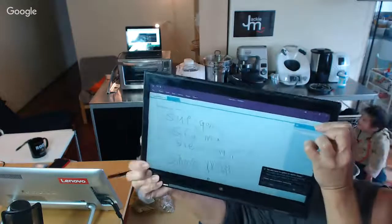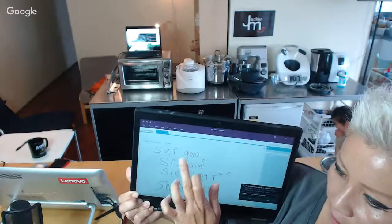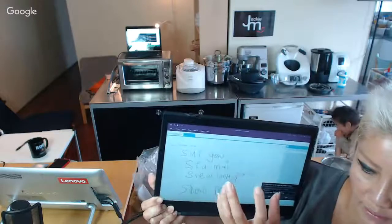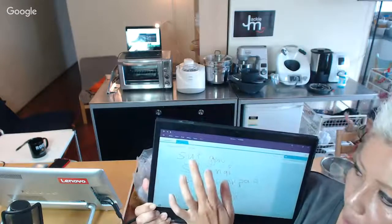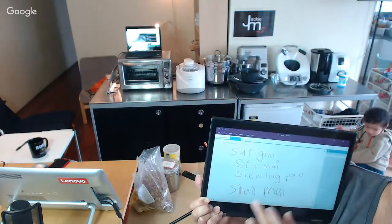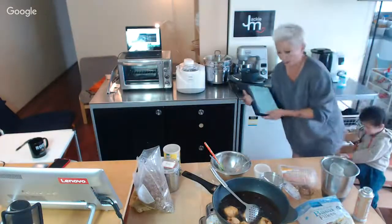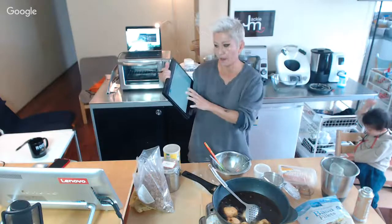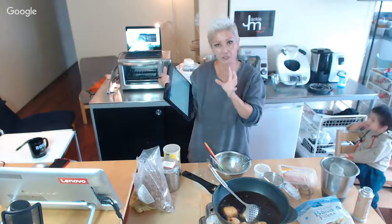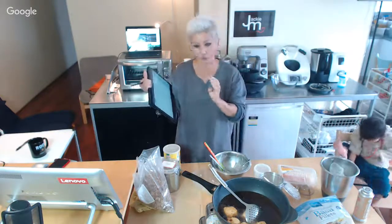Now I want to talk about this. This word here, a lot of people get it confused. This says sui gao, which means water dumpling, literally, in Chinese. And then this word is siu mai. At the bottom I've got siu long bao and siu mai spelled a different way. Now, the point I want to make is that sui, S-U-I, pronounced phonetically sui, a lot of people spell it wrong. They spell it S-I-U, siu gao, and that's wrong. There's no such thing as siu gao. It should be S-U-I, sui gao, which brings me back to the point of the yee mein,